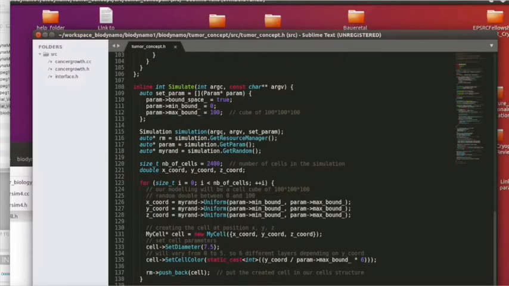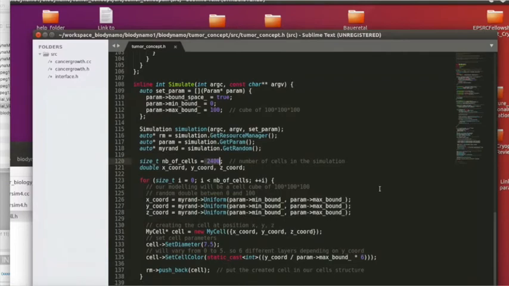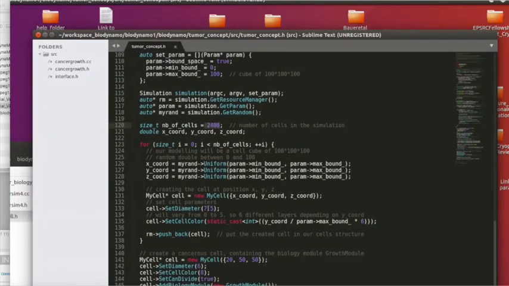And then we have a look at the simulate function, where we essentially create again the simulation object. We have some parameters for the boundaries of the simulation. And now, importantly, we create a for loop where we instantiate a certain number of cells, in this case 2,400 cells, and they are randomly distributed within a certain volume, and they have a diameter of 7.5, and then we also set the color depending on their y coordinate. So we essentially make a discrete coloring scheme where the coloring changes along the y coordinate,